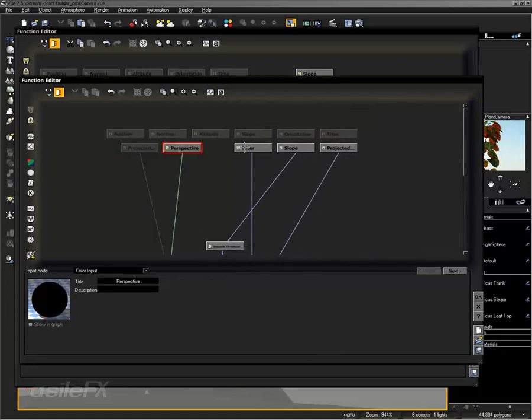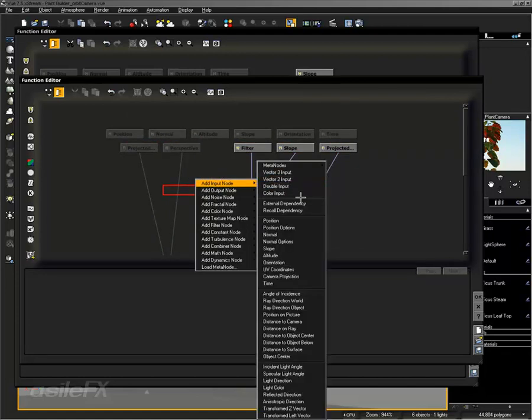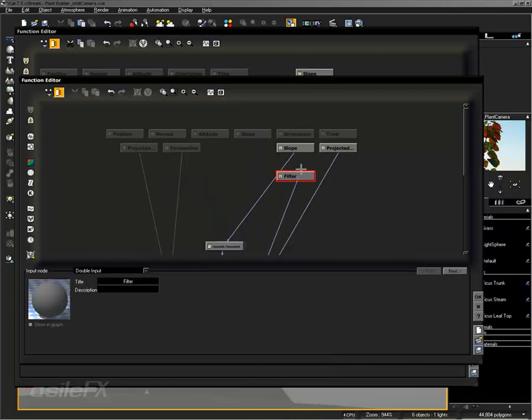These are input nodes. You can right-click, go to Add Input. There's a color input node, which is what the projected texture and perspective are, and then double input is going to be a numeric input, the numbers. So we filter,